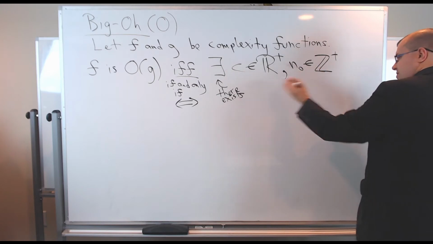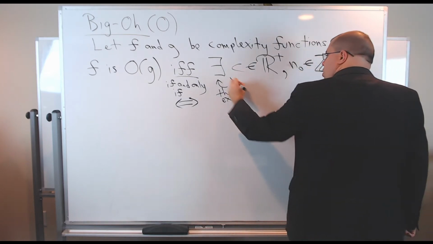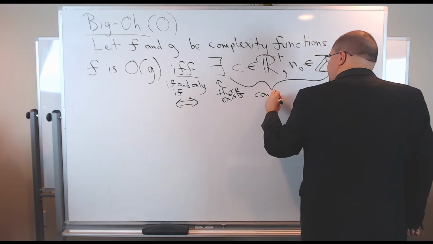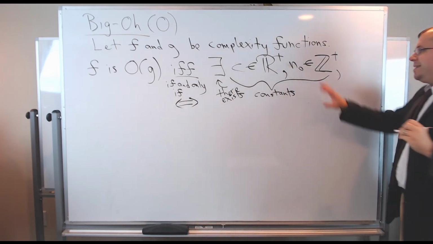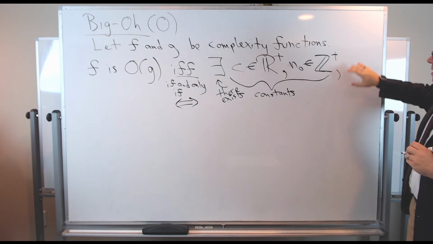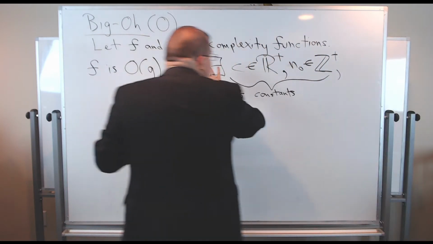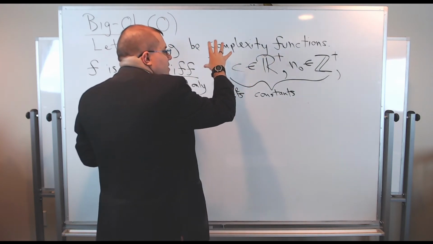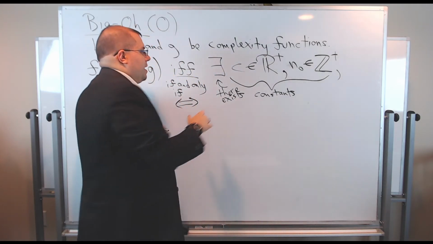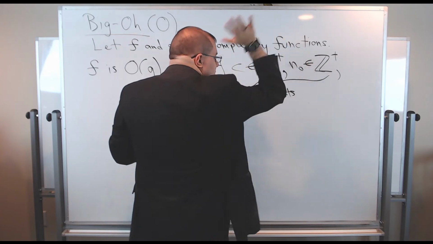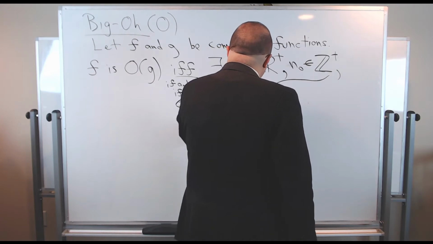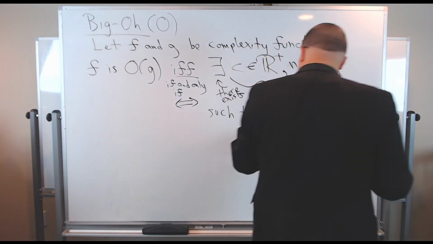So there exists these, and I must stress that these are constants. These are not things that vary. You fix these. Your job is going to be to find these, C and N0, such that, so this is what we call an existential statement. There are two variables; you can technically write two existential quantifiers here, but we're not going to worry too much about that. The big point is that you're going to have a C and an N0. Your job is to find these such that the following has to be true for all,